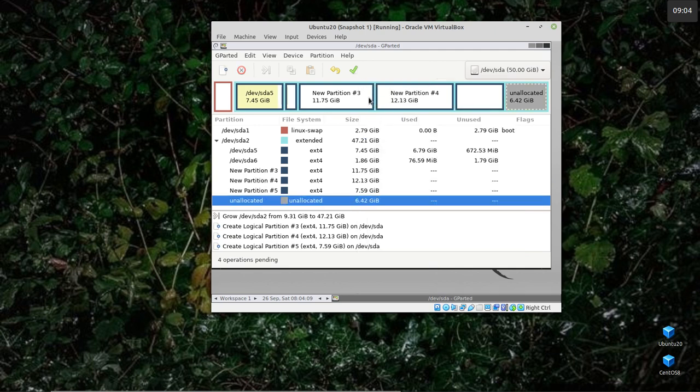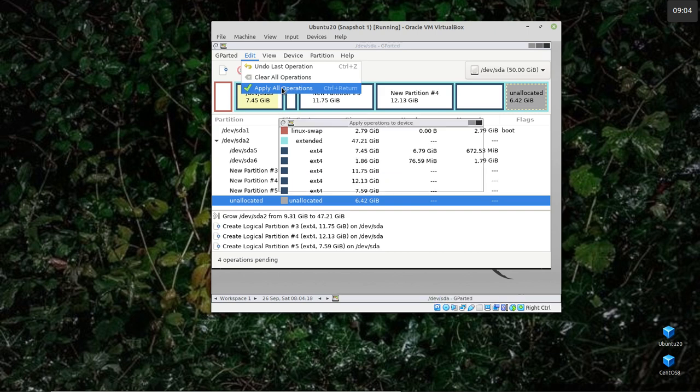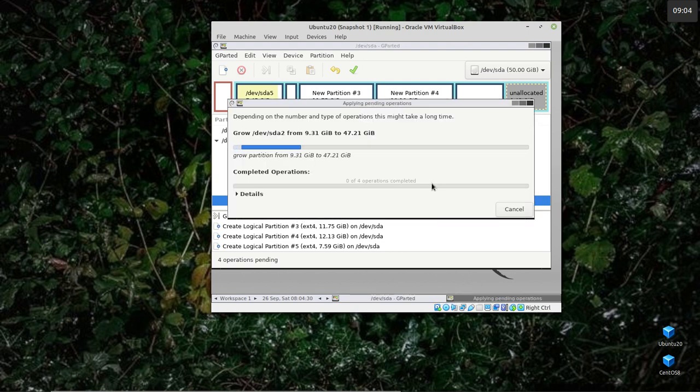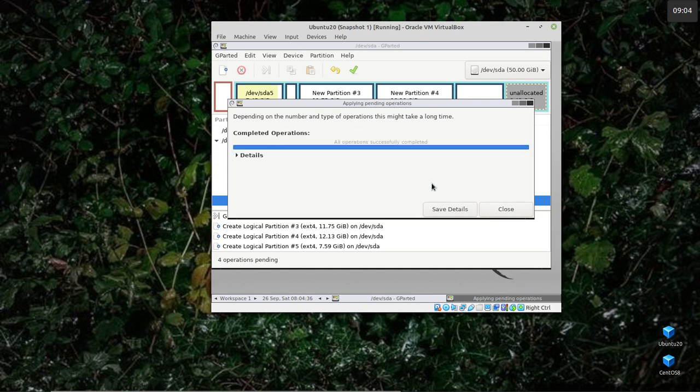Now I can apply all those operations or undo them, undo the last one, undo them all, or apply them all. Click on apply. Are you sure you want to do this? So you have a think about it, because you can't undo these things, but you can in VirtualBox. You can't if you're using a laptop or a PC. So apply those. Like I said, it'll just take a minute. It's just partitioning the disk. I'm formatting those, and now I've got,